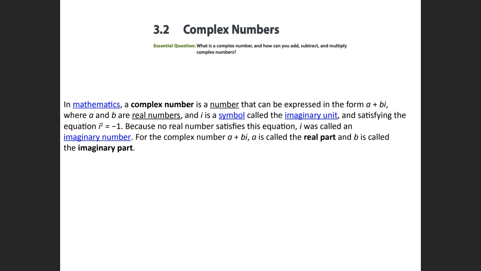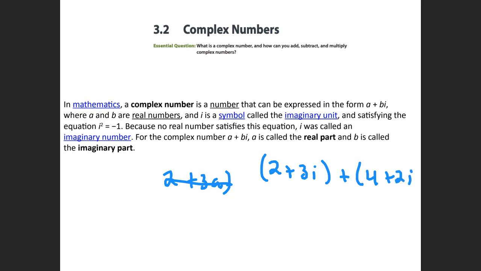Okay. So now, this week, what we're going to be doing is adding, subtracting, multiplying, and dividing complex numbers. So, for example, you might get a problem that is 2 plus 3i plus 4 plus 2i. Well, when you add complex numbers,